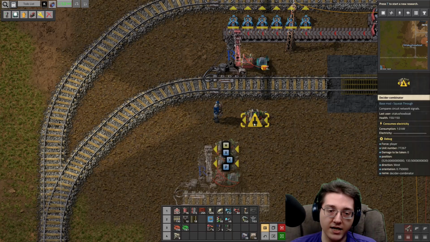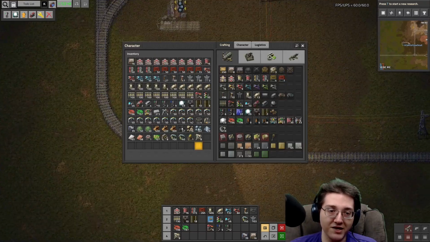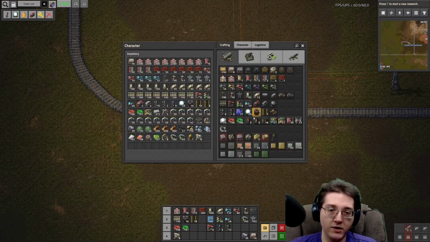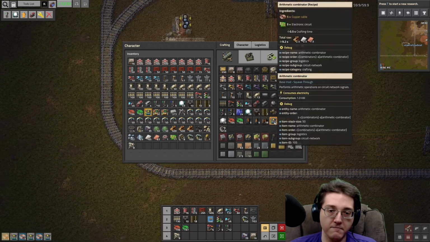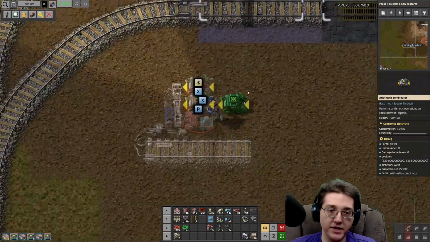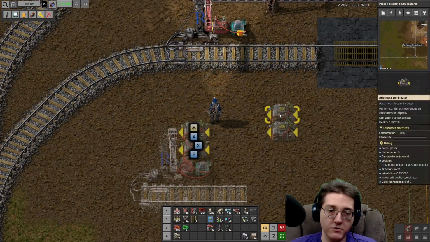Those are arithmetics. Okay. Well, I guess back I go. I need to grab, or I can just craft some arithmetics. There we go. I actually have the stuff in my inventory. I can just craft them. So these combinators, I'm actually going to move them